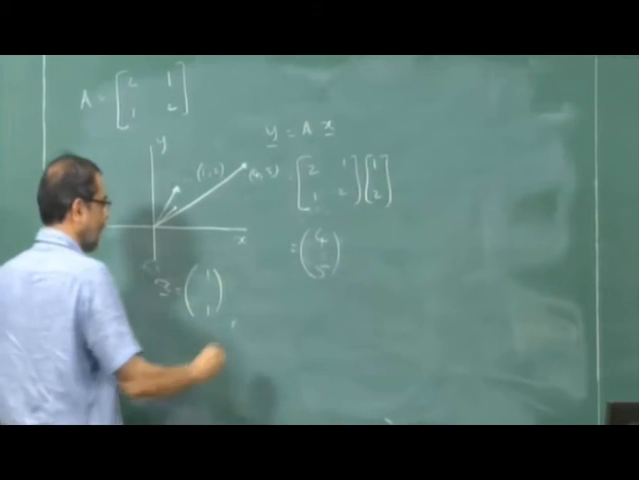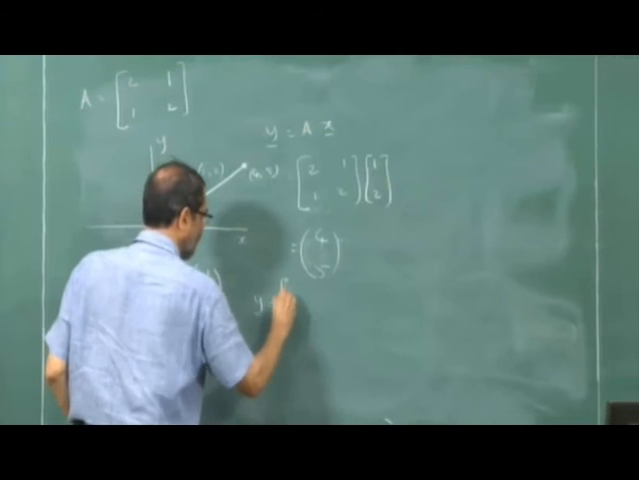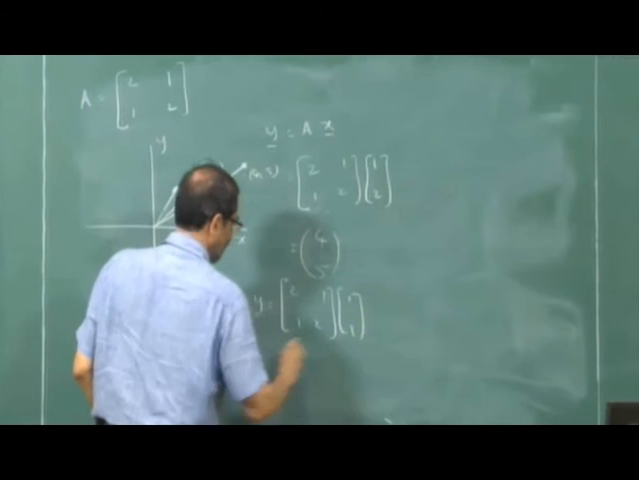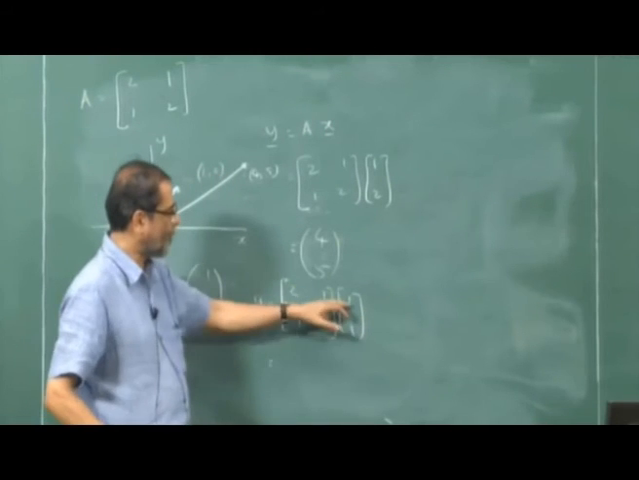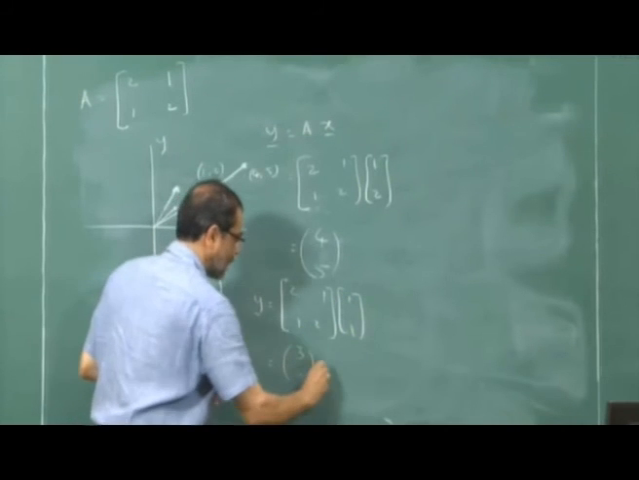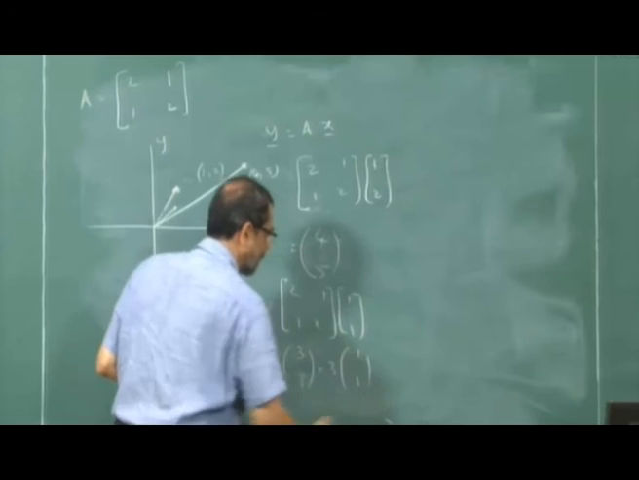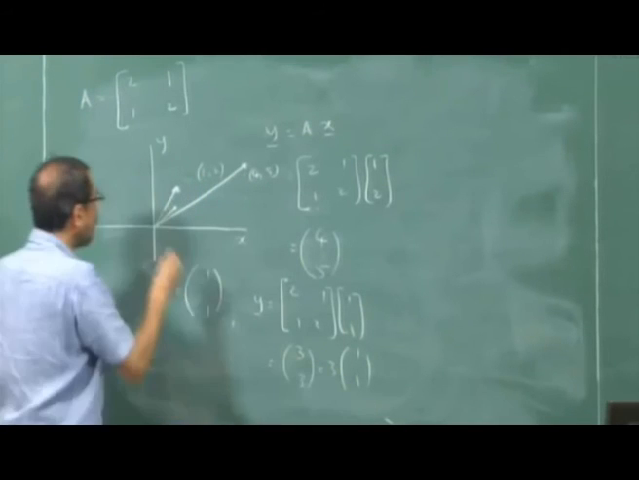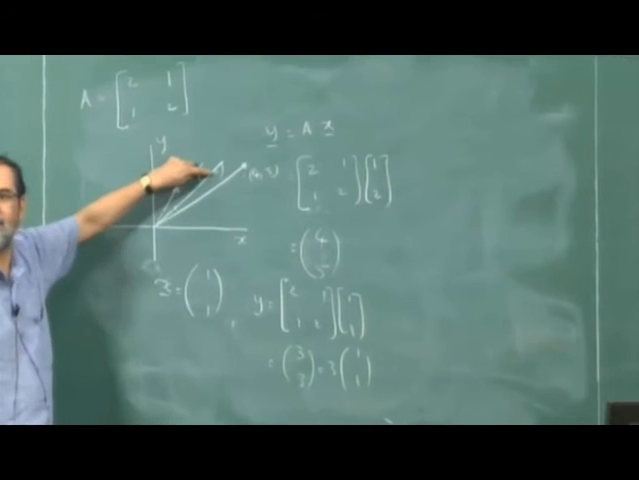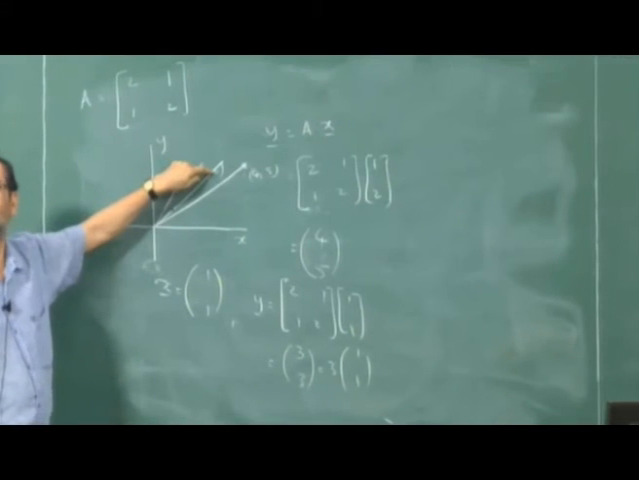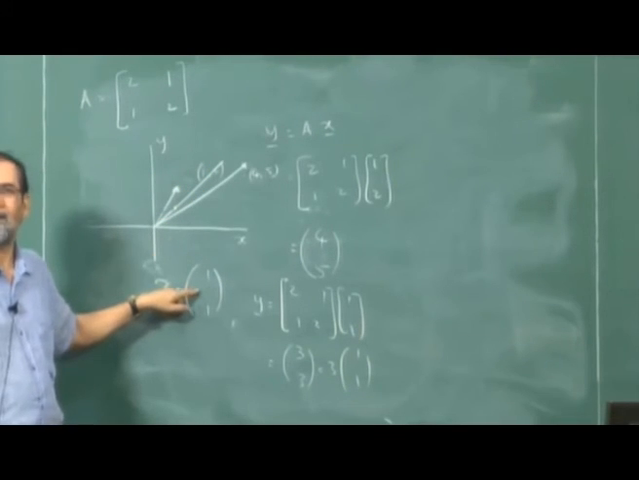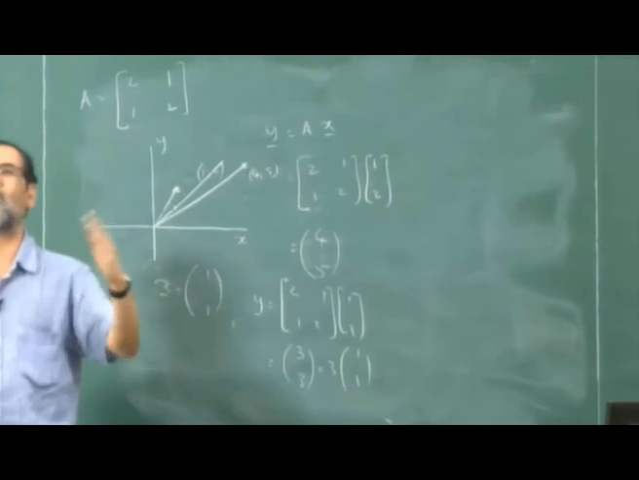Okay, so if you apply the transformation 2 1 1 2 on 1 1, tell me what happens. 2 into 1, 1 into 1 is 3; 1 into 1, 2 into 1 is 3. So this is 3 3. So this is in the same direction. 1 1 was here, 3 3 is here, in the same direction, same 45 degrees. So this particular vector did not undergo a change in the orientation,